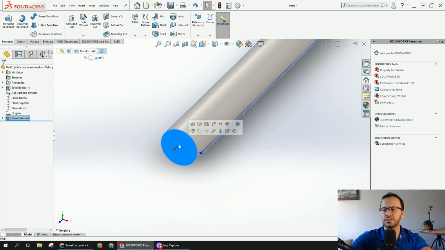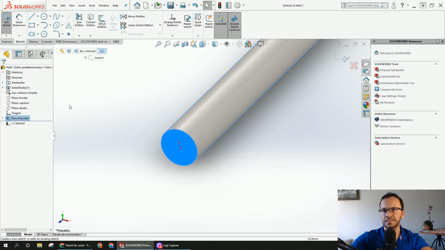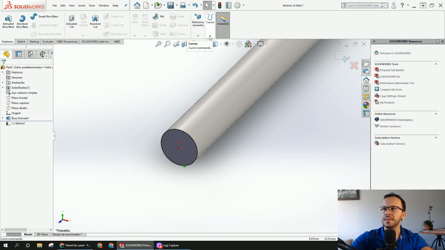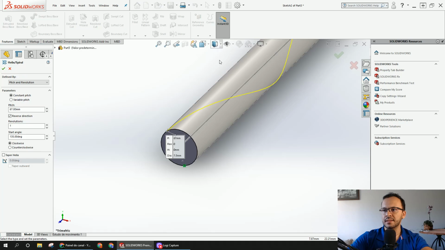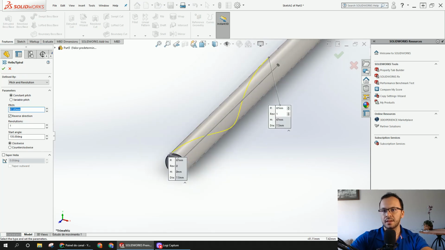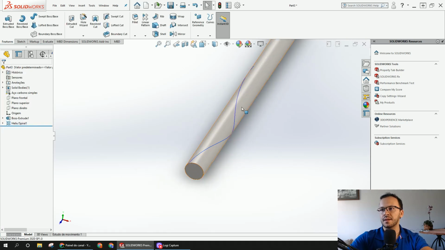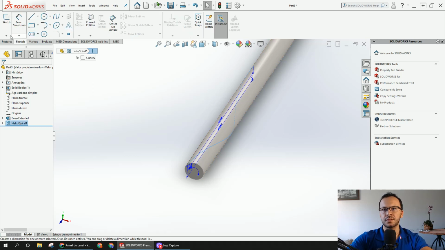Here in front on this face, you're gonna open another sketch and convert entities. Go to the features, curves, helix, leave 65 and OK. Now you're gonna choose this line, go to the sketch, open a 3D sketch,